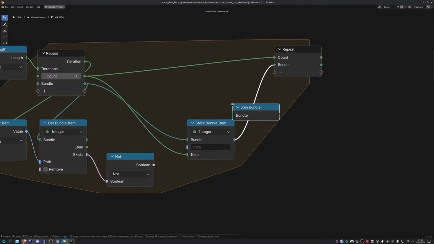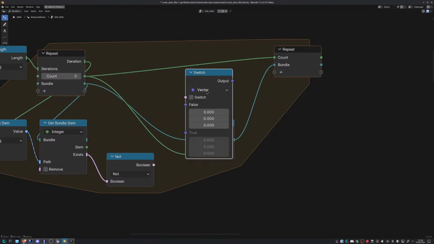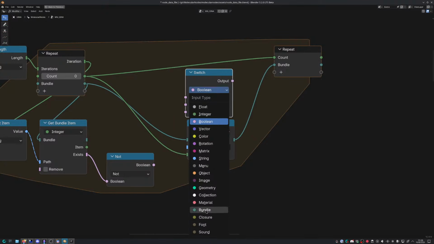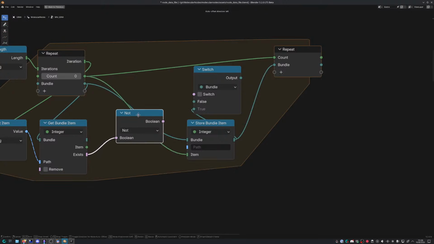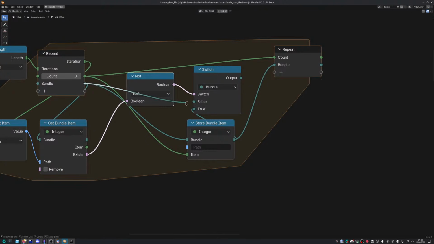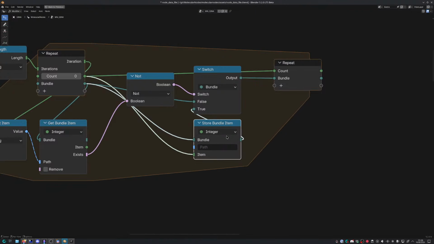Join bundle. Switch bundle. So if not exists, if exists, skip. If not exist,